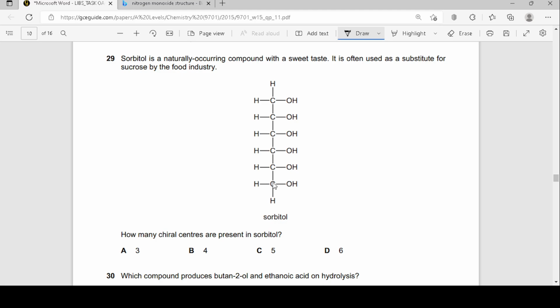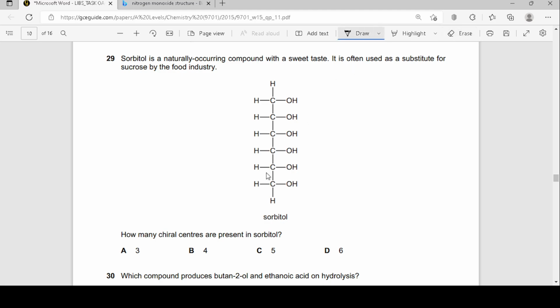If you look at this carbon, usually in AS and A2 we talk about chiral centers with the center being carbon, but you could have other centers as well. But at least in AS and A2 you have carbon as the chiral center. I don't know about A2 because I haven't studied A2 fully, but AS I'm sure about. So you have two of the same groups here, so that means this is not chiral. You have four different groups for